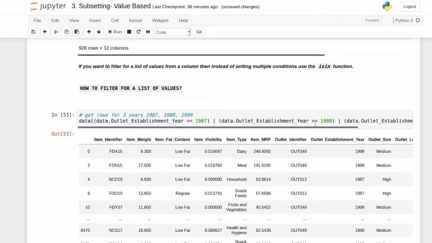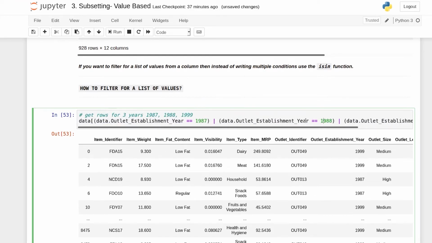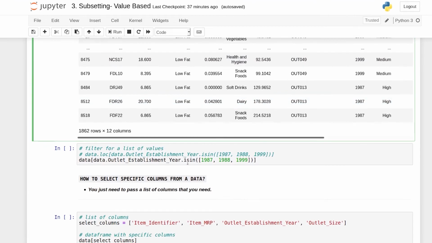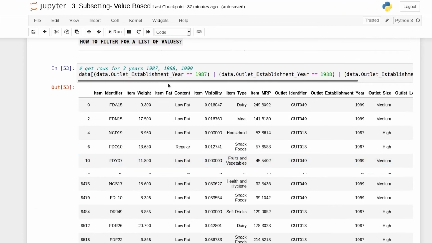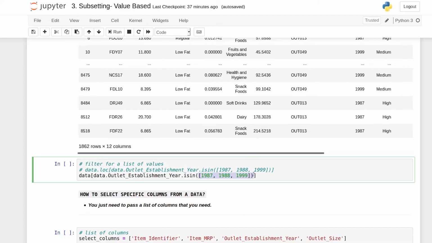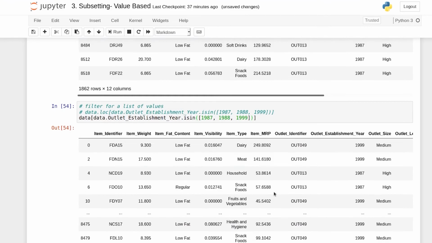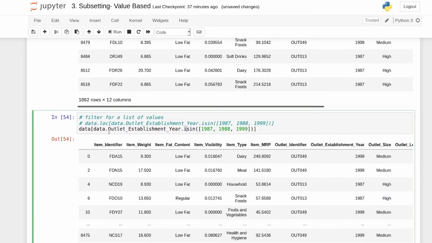Now, if you look at this code, you will notice that we are essentially repeating the same condition again and again in the code for a different value. Do you think there can be a better way to do this? Well, actually there is a better way to do this, and that is using the isin function. So what isin lets you do is, it lets you check for this same equality condition in a list of values. So now I'm getting the same result as above, but because I'm using the isin condition, my code is